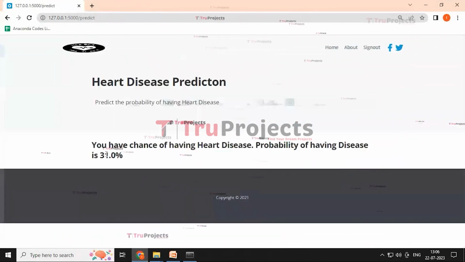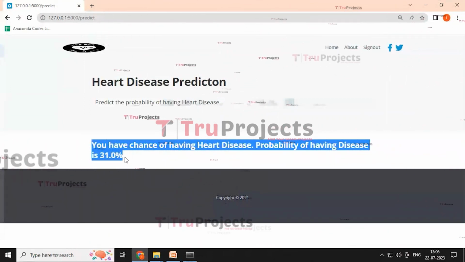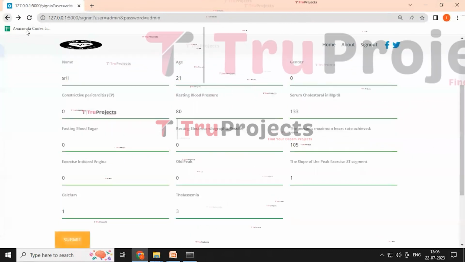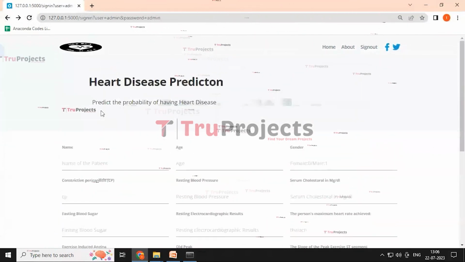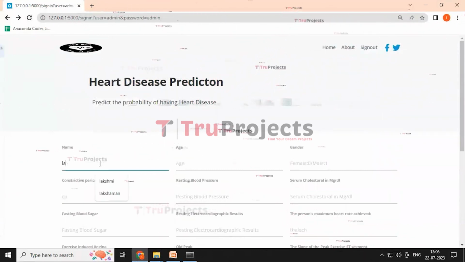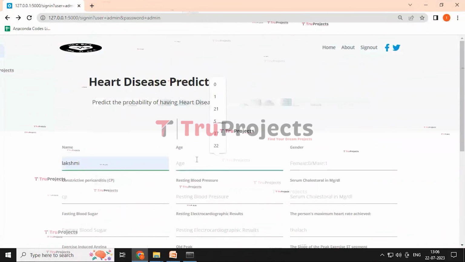By clicking the submit button, here we have a chance of having heart disease, with probability 31%. And click on the back button and refresh button, and here we can enter the details as name Lakshmi, and age 57,